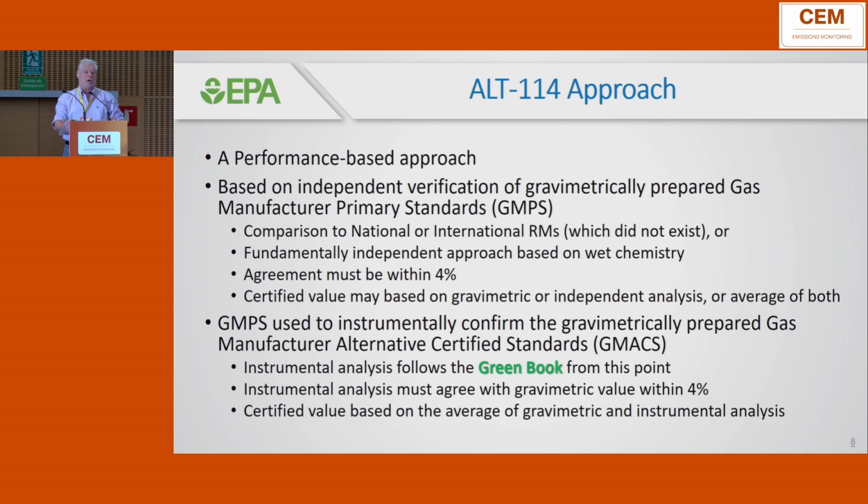My group worked with a specific gas vendor, Dr. Stephen Miller, formerly at Air Liquide, now Airgas, to come up with an approach that's based on essentially a dual verification process. It assumes that a gas is not reactive, in that you can actually establish the initial concentration gravimetrically. There are some very, very good procedures out there, low uncertainty, less than 0.5% uncertainty for preparing gases. And it's important to point out that